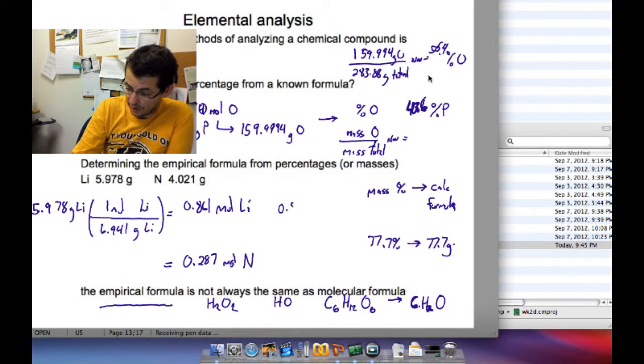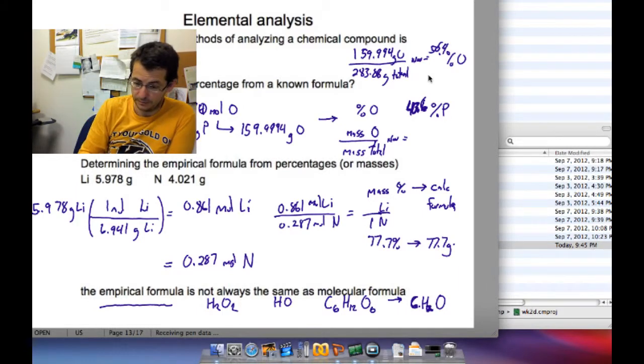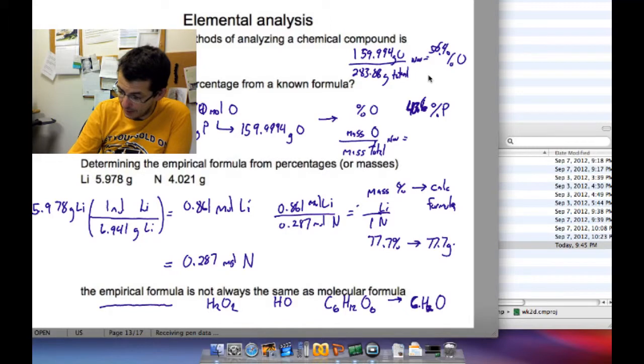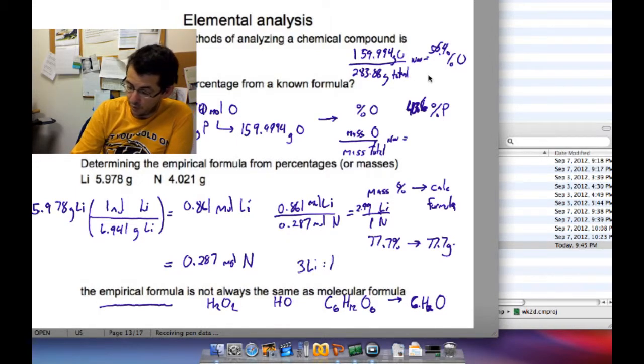So if we take 0.861 moles of lithium and we divide it by 0.287 moles of nitrogen, that sets this lithium to nitrogen ratio. The nitrogen would be 1, lithium is 2.99, which looks surprisingly like 3 to 1. So that would be 3 lithiums for every 1 nitrogen,